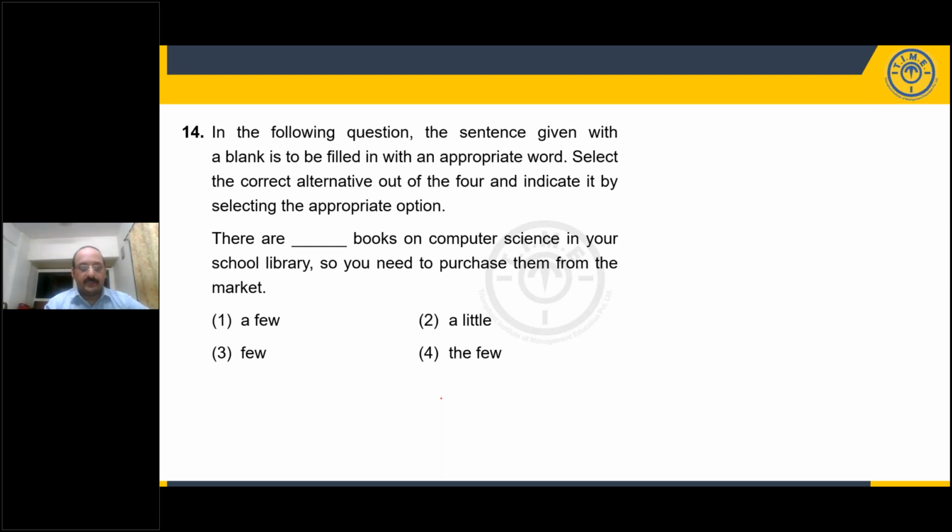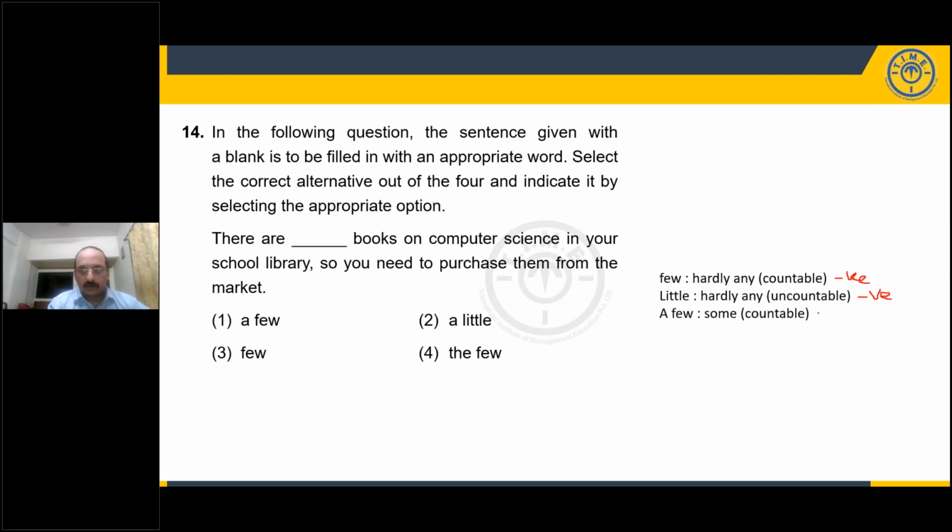Let's see what's the difference between these. Few means hardly any. It's used for countable nouns. So if I say there are few students present today, that means very few. So basically, few has a negative connotation. Few is used when we talk about a very small number of people. Little is the same, but for uncountable nouns. So I have little patience, which means my patience is very low. So little is again used in a negative way.